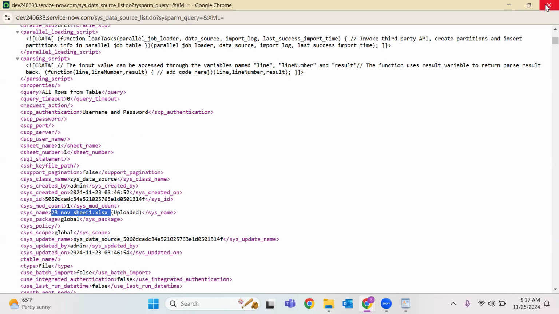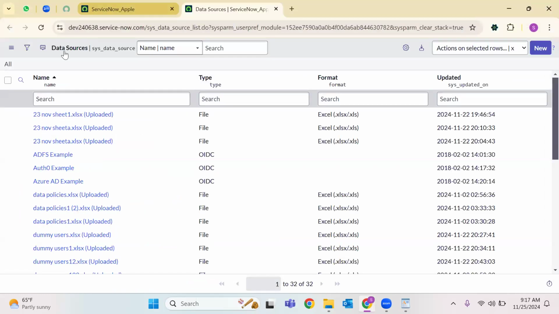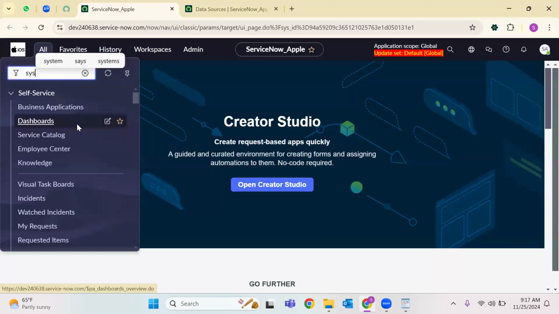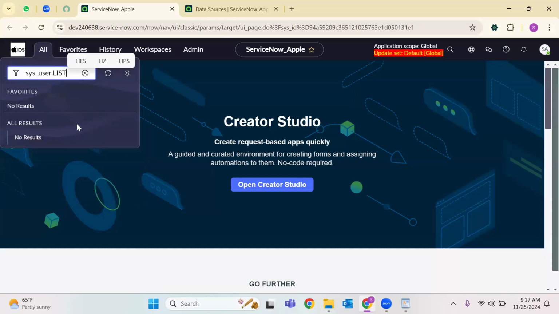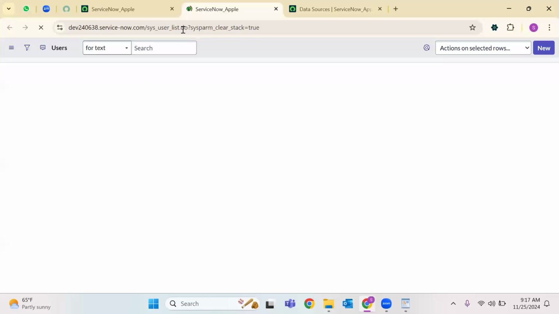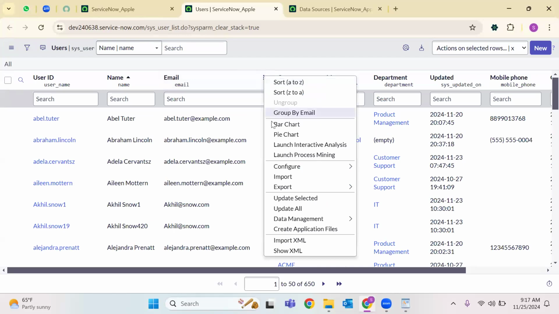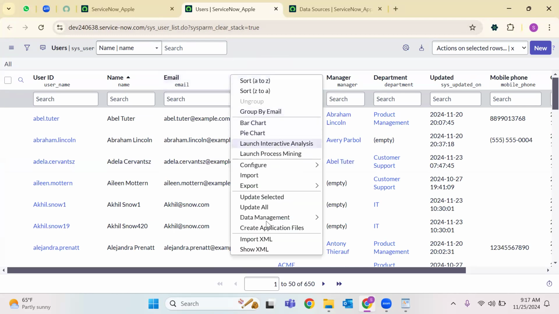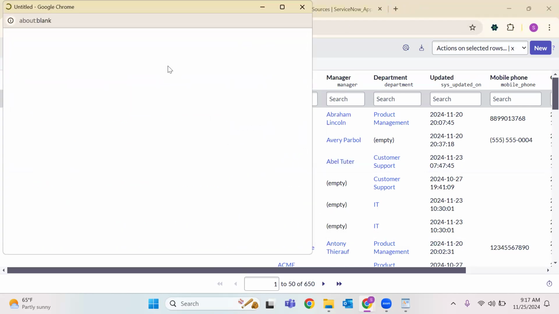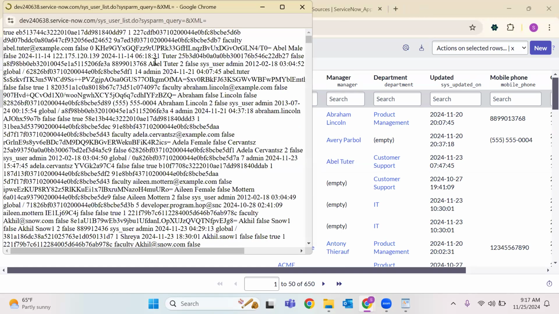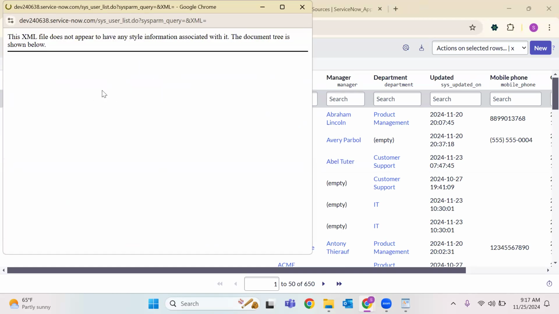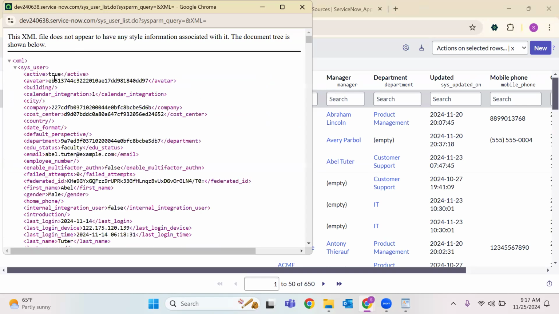this is running on the data source table, I guess. Yes. Let's take some table which you are familiar with, the user table. sys_user.list is the user table from where you can actually start working with the user information. Here let's right click and go to XML. You will not do anything, the system itself will convert this data. Here, if you see, we are on the sys_user table, active is true, and this is the sys ID